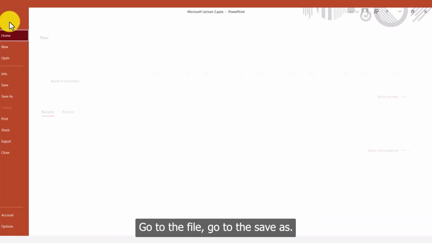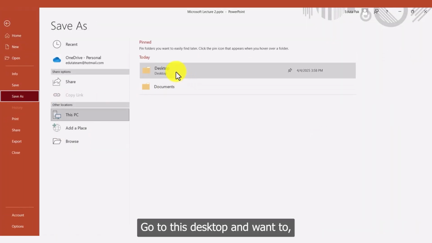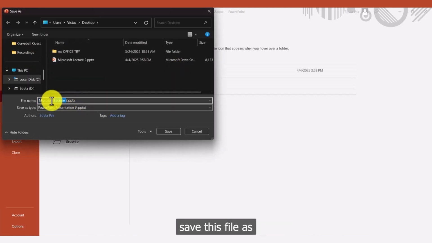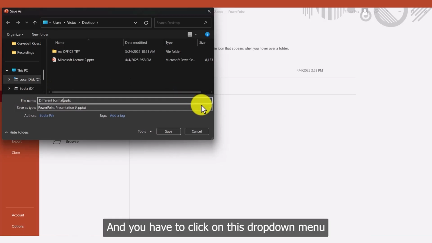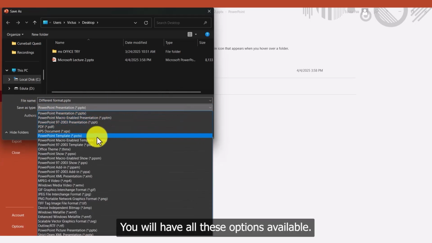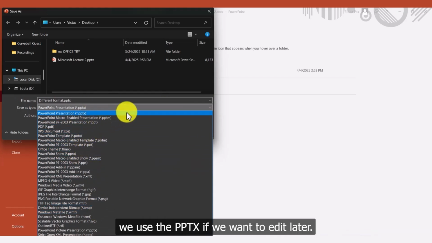You go to File, go to Save As, go to this Desktop, and save this file as a different format. You have to click on this drop-down menu, Save as type. You will have all these options available, but most of the time we use PPTX